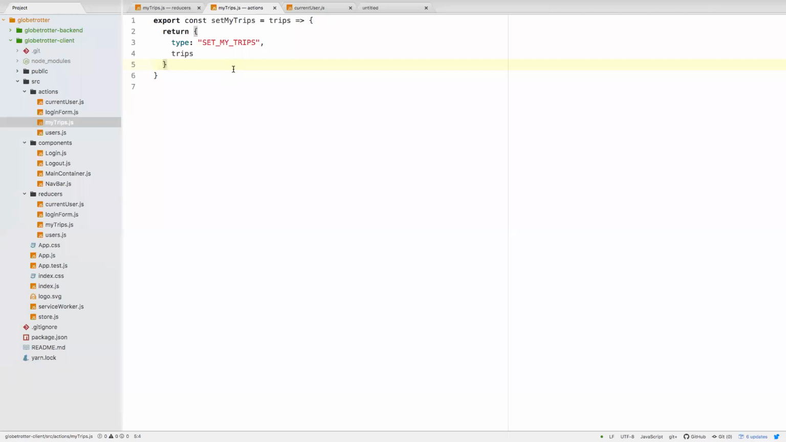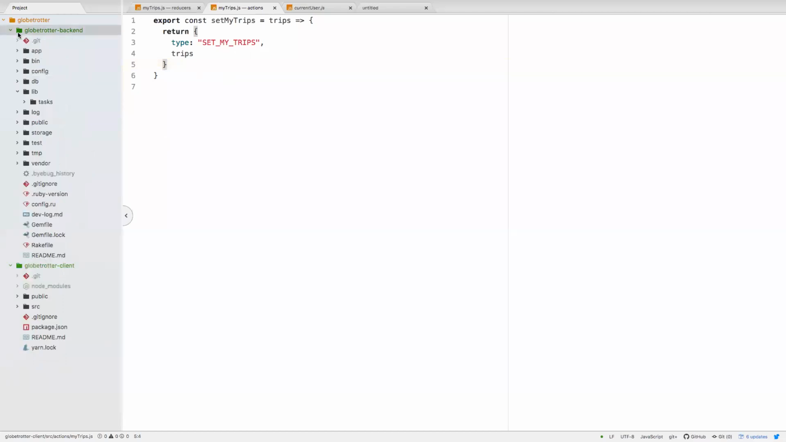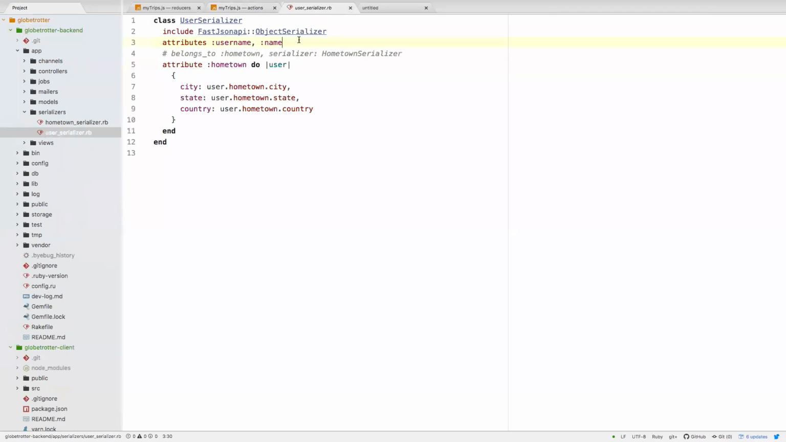If that's the case, then why not just bring the trips along with that user? I think I'm okay with that. So let's look at that. Let's see what that looks like. So now I need to go back to my serializer, globetrotter backend, look at my app serializers, and my user serializer now needs, and I either need to build another attribute, and in this case,